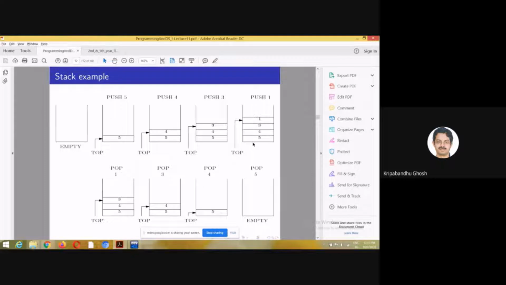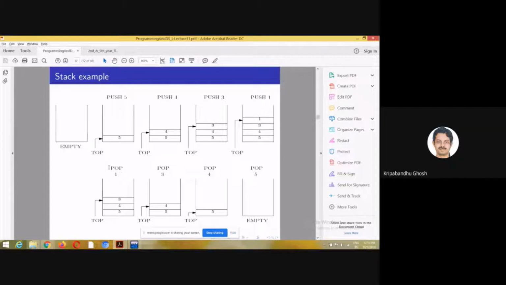Now if you want to remove the elements, you can do it one element at a time by the pop operation. When you apply the pop operation, the topmost element pointed to by top will be deleted or eliminated, whatever you can say.